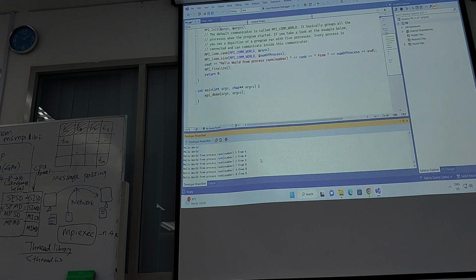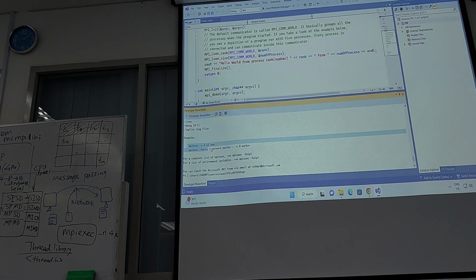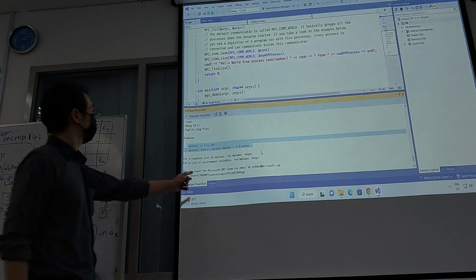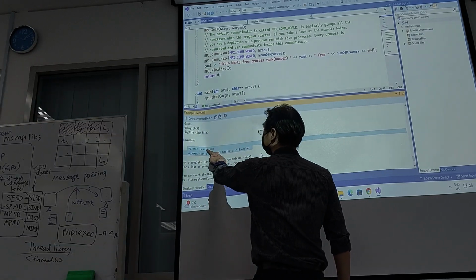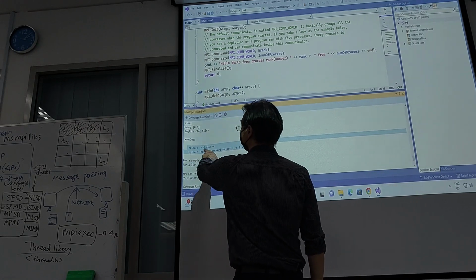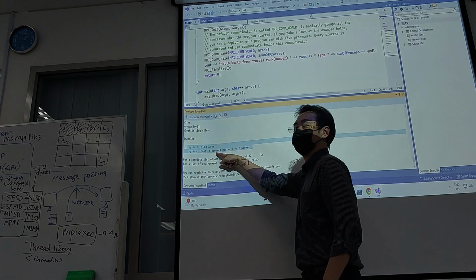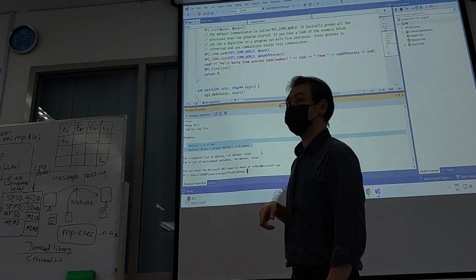Now, if you look at the MPI exec just now, there is some example that is shown to you here. See the example there. Here, this is the program name, and we used this style earlier on. There's a second style at the bottom here, and the second style is actually